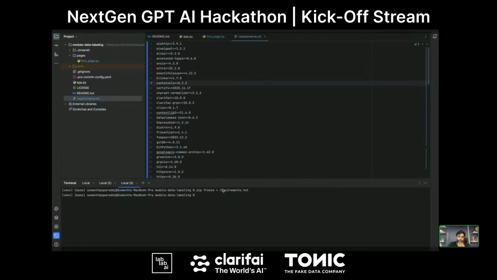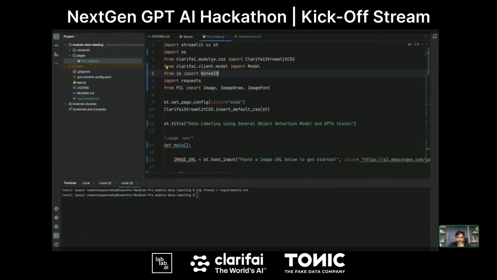So that maybe you don't have any kind of dependency issues when you're just trying to deploy this module, right? So that's why you need to make sure you have all the requirements set. Obviously, you can just use this command called pip freeze in order to get your requirements.txt. So yeah, that's all you need to do.